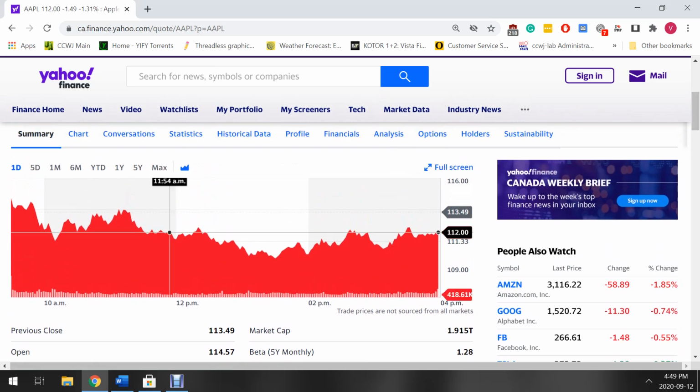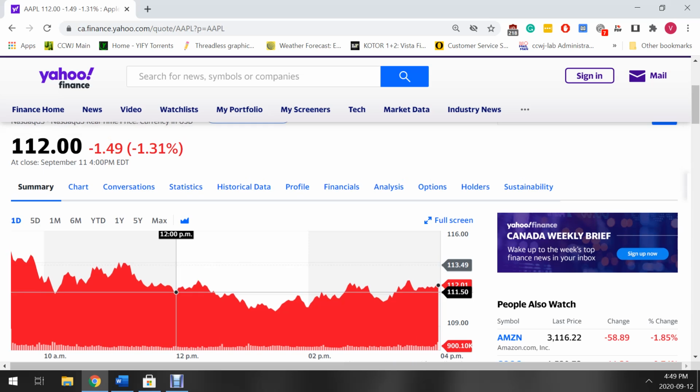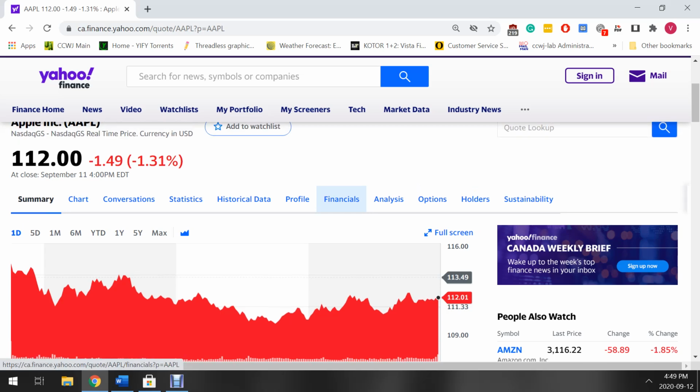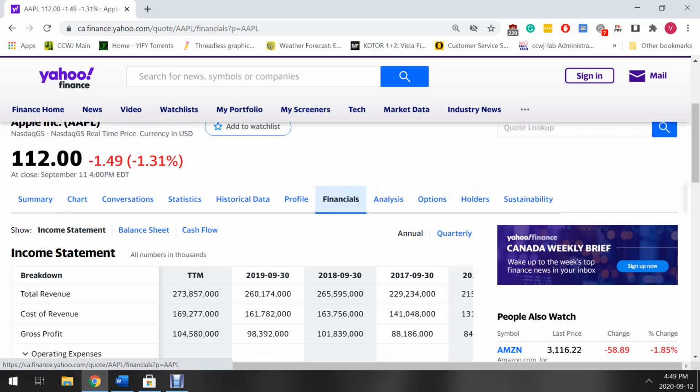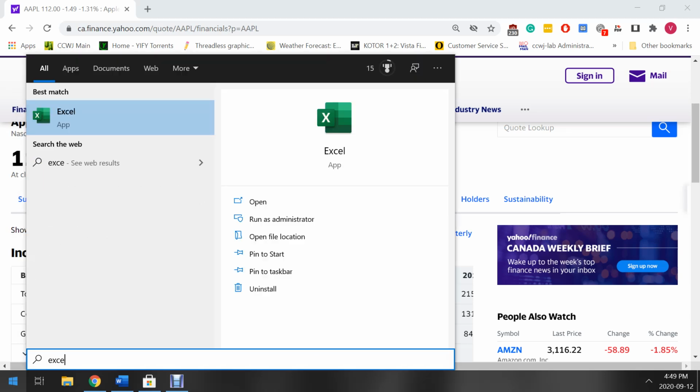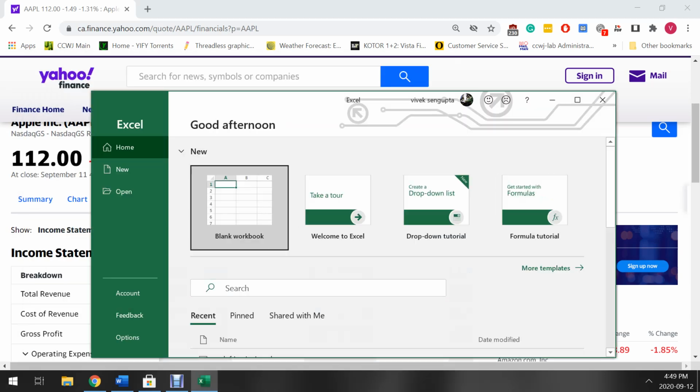Now what I'm going to show you is how to do an intrinsic value calculator for this stock. We have to see basically what intrinsic value is. It's going to give you a value of the business, right? It's how much cash can be produced from the business for, say, 10 years, 12 years, etc. So what we are going to do, very simply, is open Excel here for the calculation. We'll open a sheet,